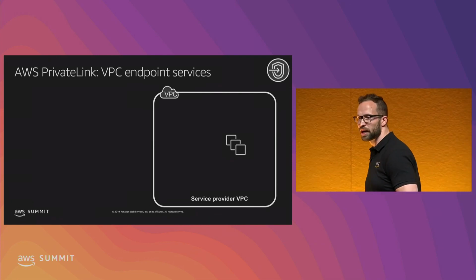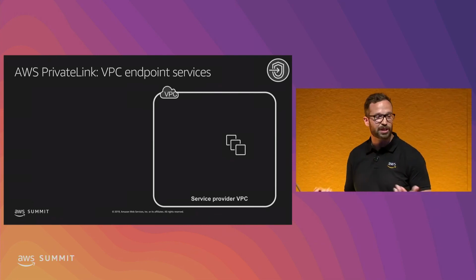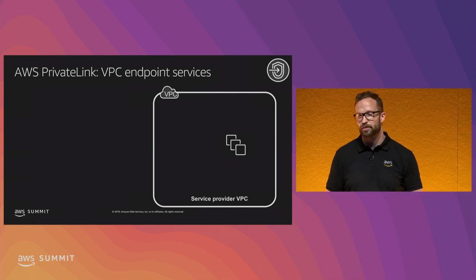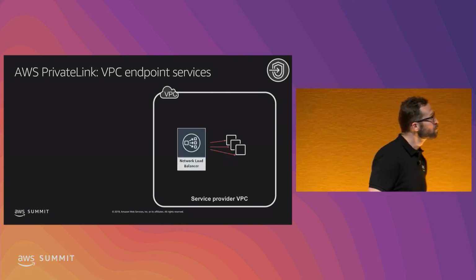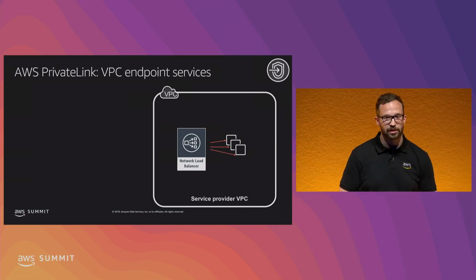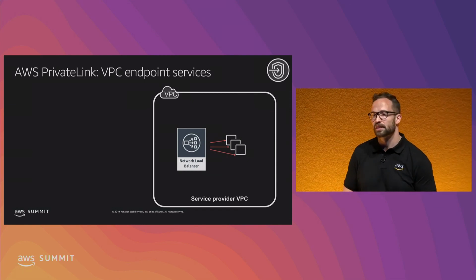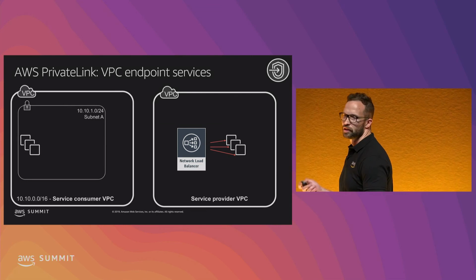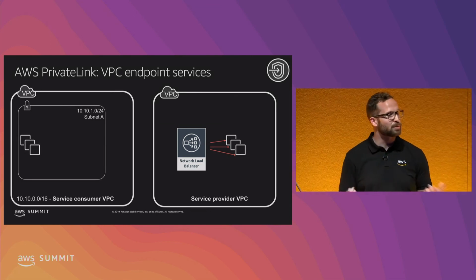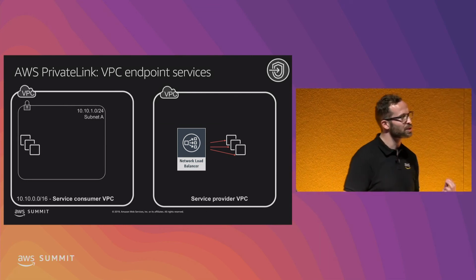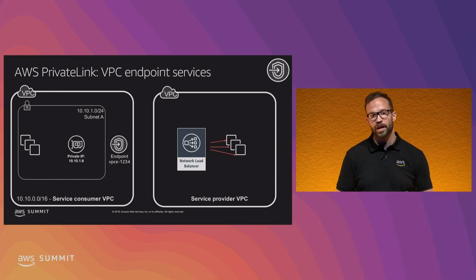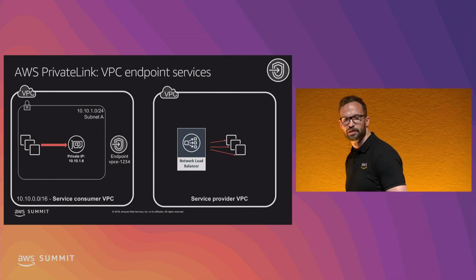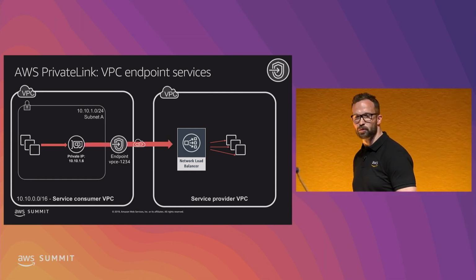So in this example, we have a service. Maybe this is a HTTPS service. And you want to share that service with a lot of other VPCs, maybe some third parties. So you need to put it behind a network load balancer and then make it available as an endpoint service, so that other VPCs can subscribe to that service and create endpoints representing your service in their VPCs. So again, they will be connecting to a local IP address representing your service and be transported to your service